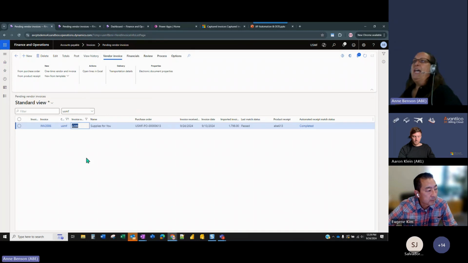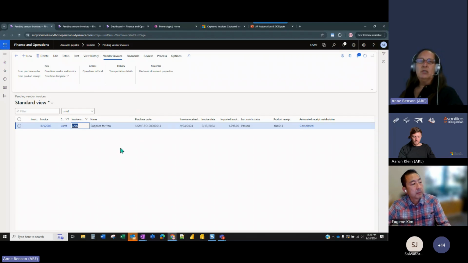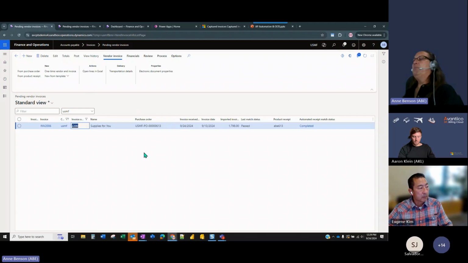If it was a header PO type invoice, then it would come here and wouldn't process through workflow, as you would need to still populate the information on the invoice to match the PO. And the reason why people use header POs is sometimes they don't know what's going to be on their PO for,